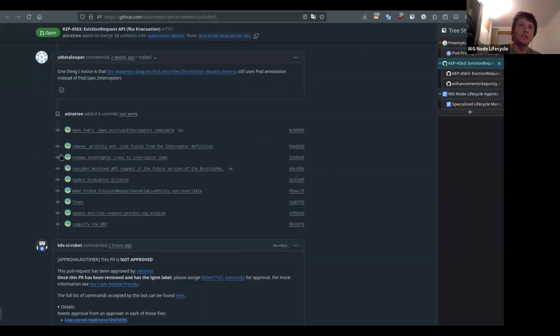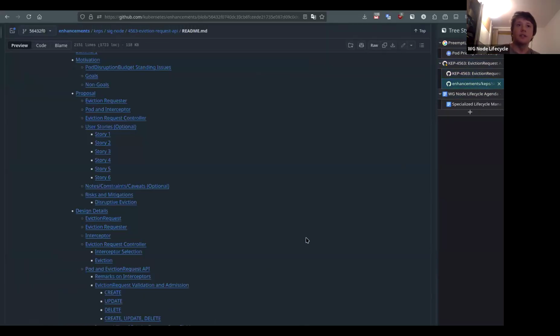Let's see. We can just go through these commits. I tried to name them so we can just read it. The first thing is we decided to make the eviction interceptors immutable. And this is so we can better describe or go through the use cases. And together with this,